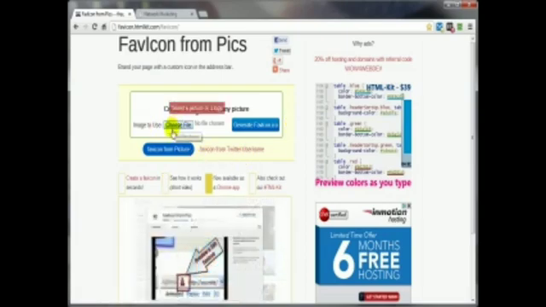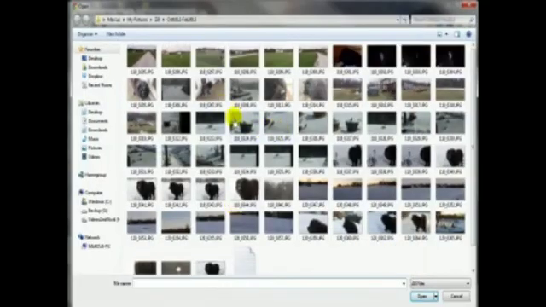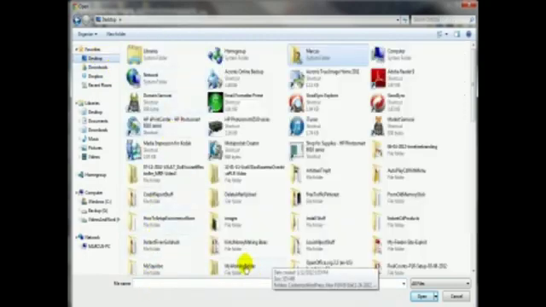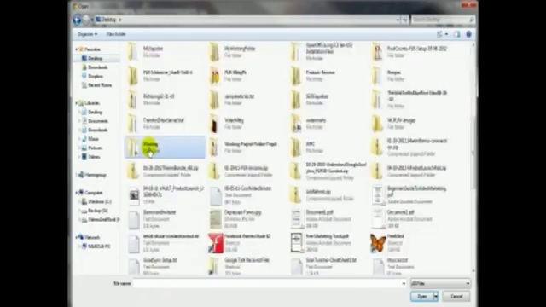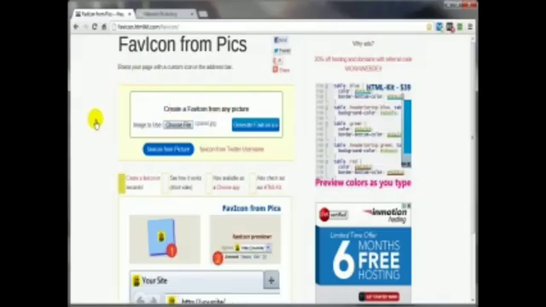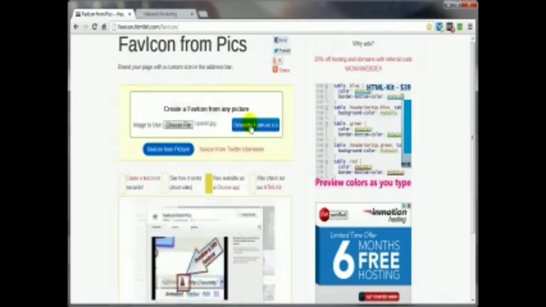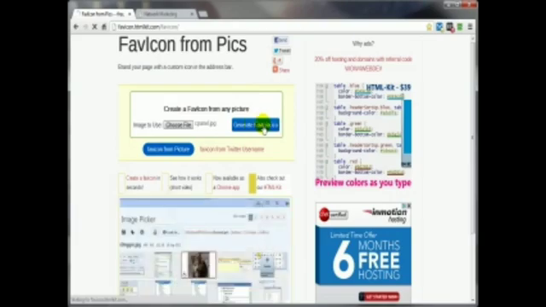So we want to first go over here to choose file. What a lovely dog. And you want to navigate to the location of your image that you want to turn into your favicon. And that's a pretty big image, by the way, but that's one thing you don't have to worry about because it's going to customize it and bring it down to size. So generate favicon ICO,